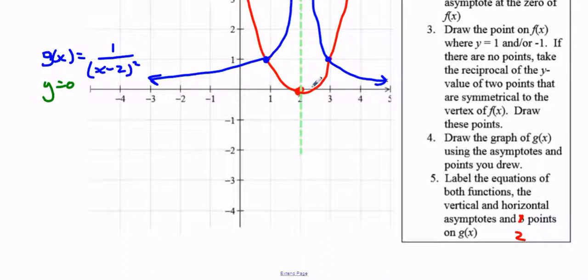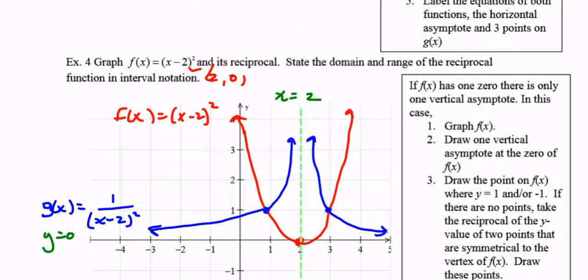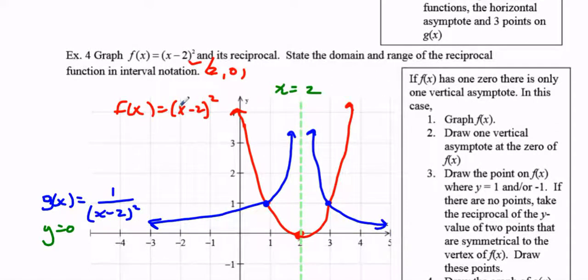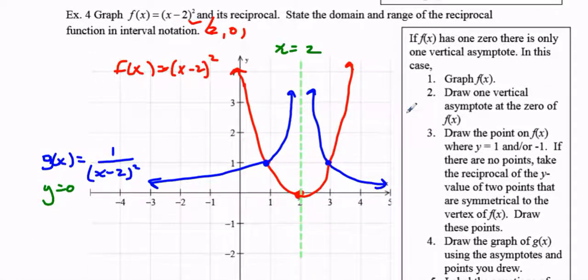And let's see, we've got some nice points here. We can see that when, well, maybe I better double check that. When x is 1, y is 1 minus 2, that's negative 1 squared, is 1. Yeah, so at 1 and 1,